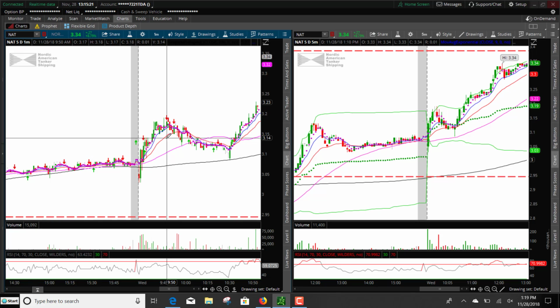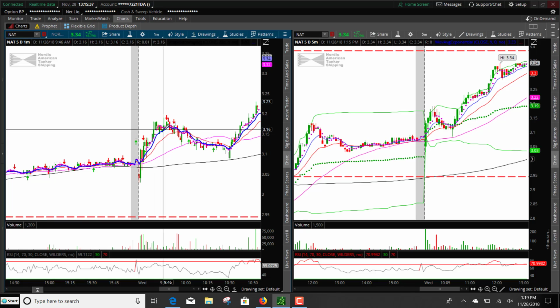When the 9 is over the 20, it's bearish. When they cross and then the 20 is over the 9, I'm sorry, that would be the opposite. When the 9 is over the 20, it's bullish, and then when they cross, with the 20 being over the 9, it's bearish. And so you want to just watch these candles and see how they trade in conjunction with the 9. That's where you can also use the 5 minute, especially if you get in a trade,